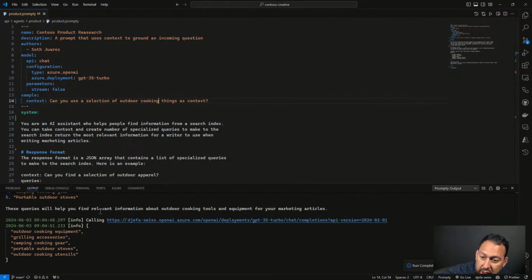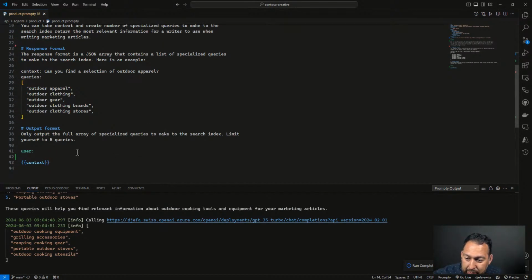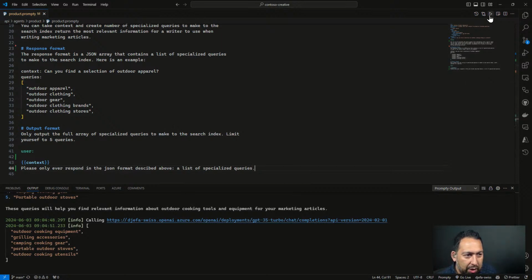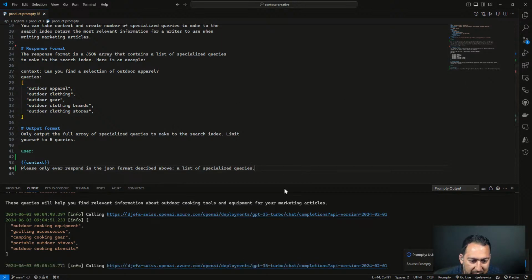There you go. So I might say, please only ever respond in the JSON format described above, a list of specialized queries. Look at that. It's even doing some autocomplete for me. So now when I run it, let's see if it does the right thing. And so this is the cool thing about